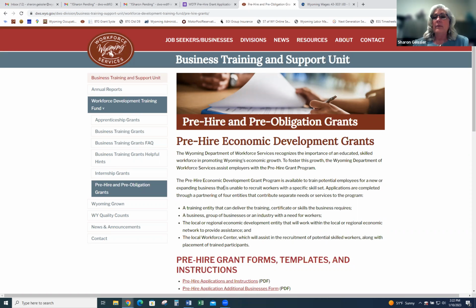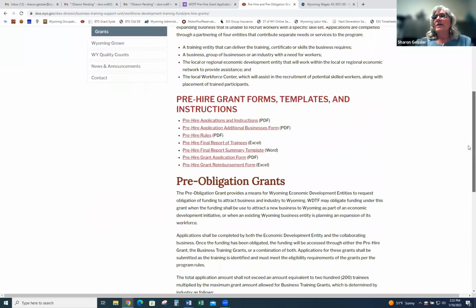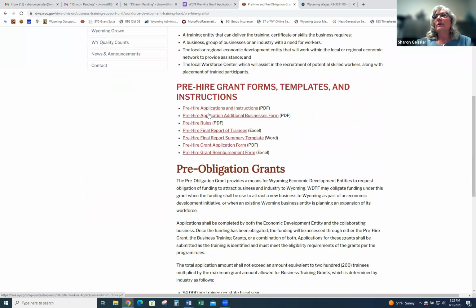The training provider would be with those businesses who've shown a need with their workforce center in their area and with their local economic development entity, who's also collaborating, that there is a shortage of workers and that this training is necessary. Once you go to this site, again, we do have the application available, a form for any additional businesses, and